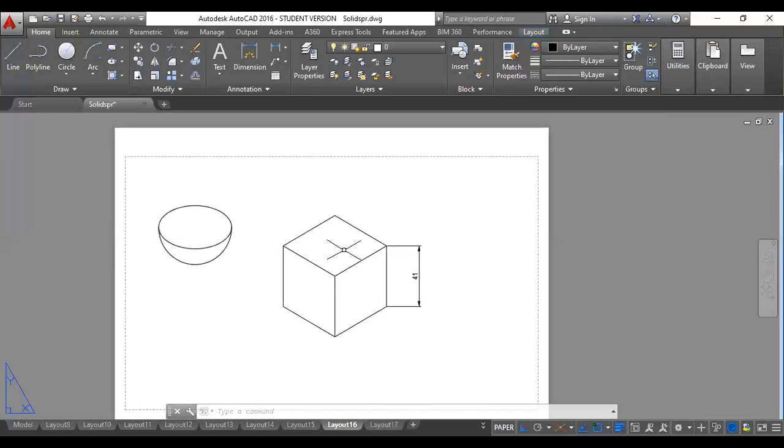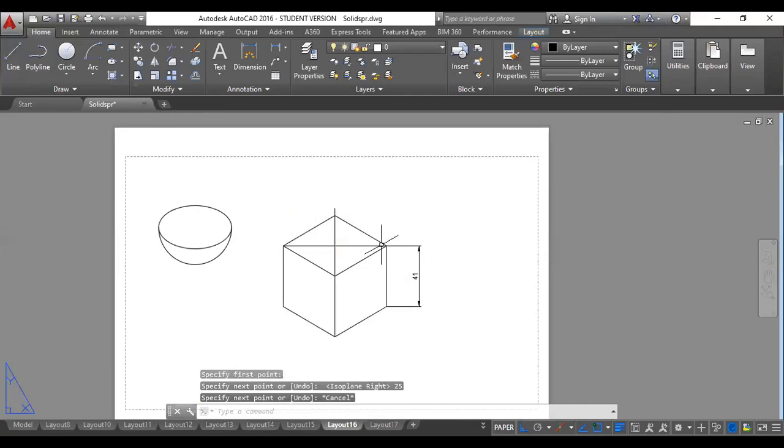In that scenario, you just find the midpoint of this box. From here to here, just draw one line, and from here to here, draw one line. So you got the midpoint of the box. Now from this midpoint, the axis of the hemisphere should come. The hemisphere diameter is 50 mm, so radius will be 25 mm. Take a line command from the center of this box, go 25 mm vertical. It is on the right plane, press F5, so it will go vertical. Now give 25 mm, press enter.